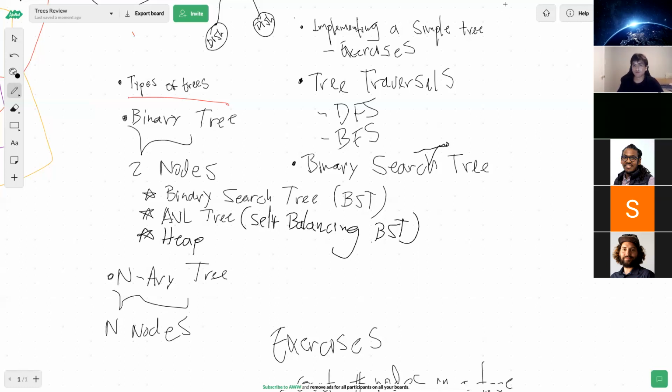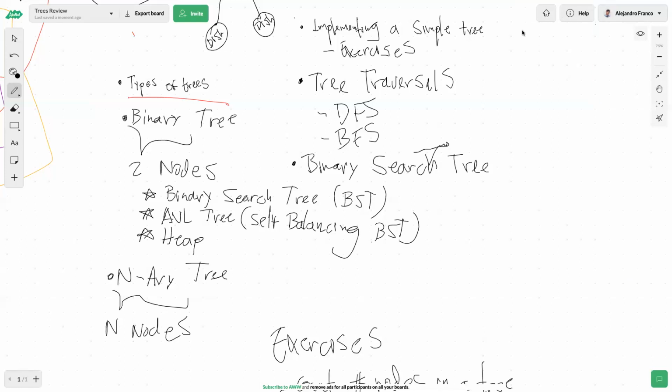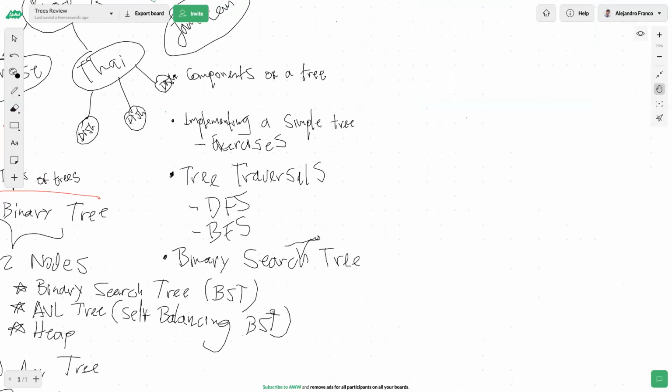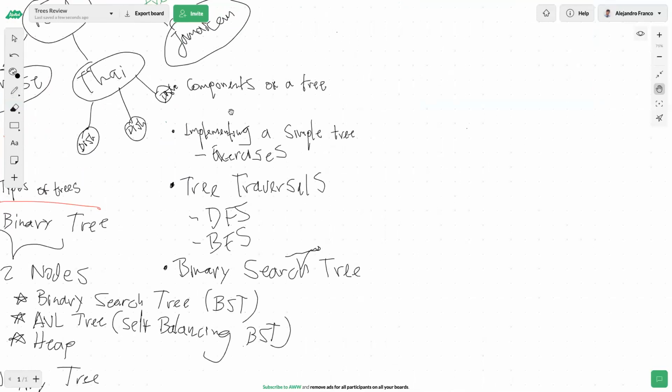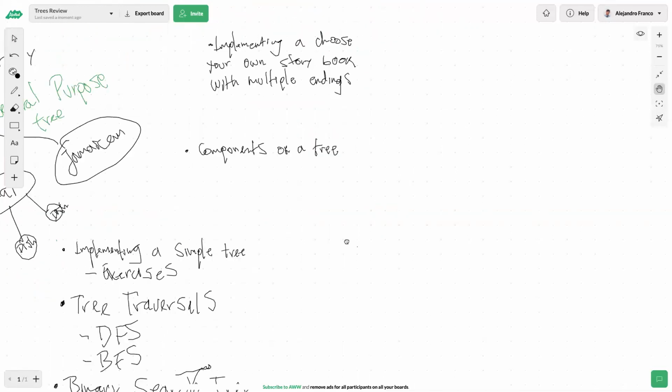Any thoughts so far on what we have covered? Or questions? Yeah, if I get a tree problem in an interview, would it just be a general problem like, here's this data, we want you to organize it hierarchically, and they just want you to use whatever tree?